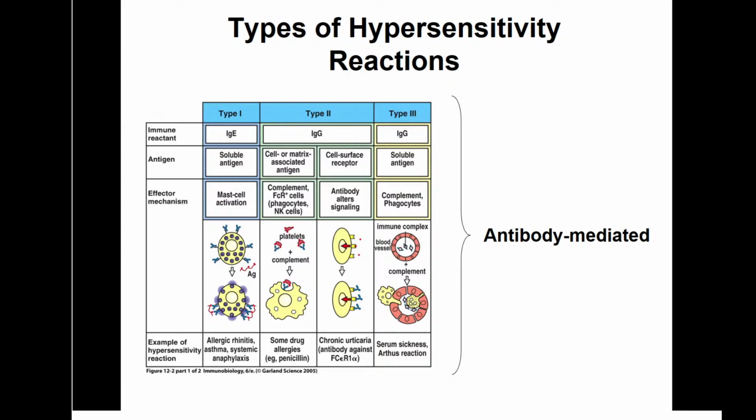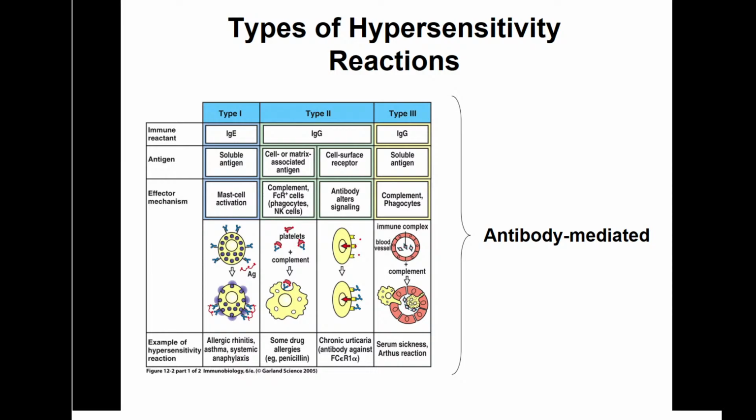Type 2, cytotoxic reaction. There are two mechanisms of cytotoxicity, cell or matrix associated antigens. The antigens are most likely cell surface receptors and cell-associated antigens, and the main mechanism is complement, Fc receptor cells, phagocytosis, for example, and antibody-dependent cytotoxicity. The mechanism of development deals with damage of the cell membrane by immune complex with complement, and examples can be some drug allergies, chronic urticaria, and some autoimmune